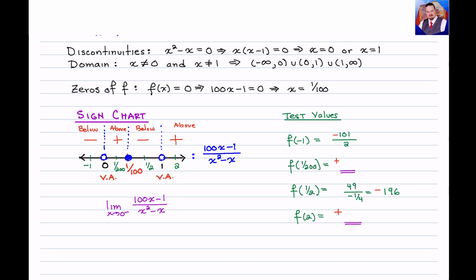So on the left-hand side of 0, the answer is equal to -infinity. Why? Because we already knew it was a vertical asymptote going in. It's the negative here that told us the answer was -infinity. So let's do the right-hand side of 0. And again, we're going to look at the sign chart. The sign of the appropriate interval tells us the answer. Again, here it's positive, so we know that on this side, going to 0 from the right is going upward forever. Therefore, it has to be going to infinity. Positive infinity like that,